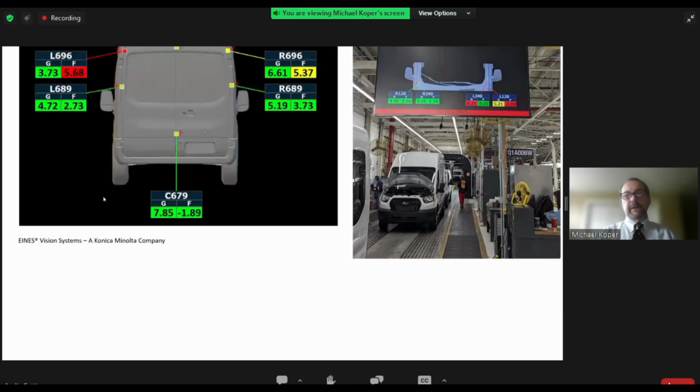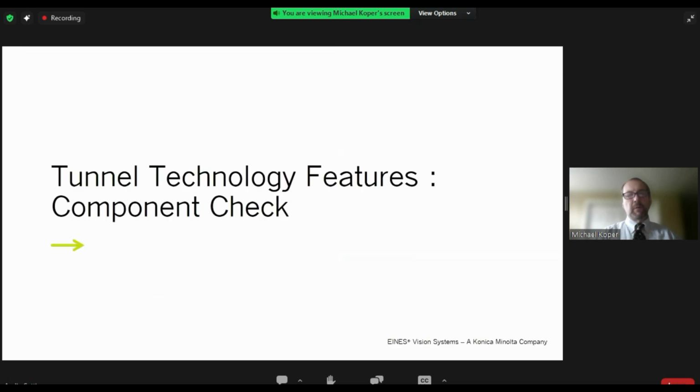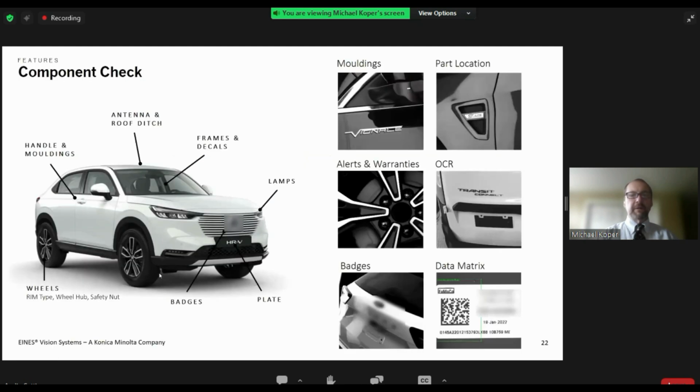Again, another technical feature that is being performed in our tunnel: not only do we do measurement, I call it measurement and inspection, right? Because the previous technical feature dealt with metrology. This is dealing with error proofing. So it's component check. And we're looking at all the different types of components that are customer facing, that a customer would see, that need to match the VIN number for that level of trim package, whether it's your mirrors, door handles, rims, wheels, badge. We can detect and do OCR reading on barcodes if we need to, and also look at the actual placement